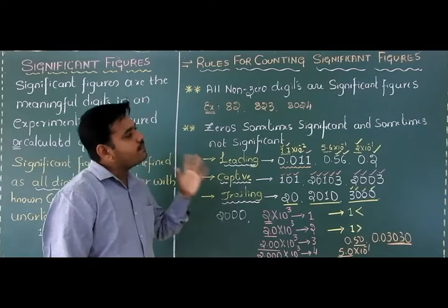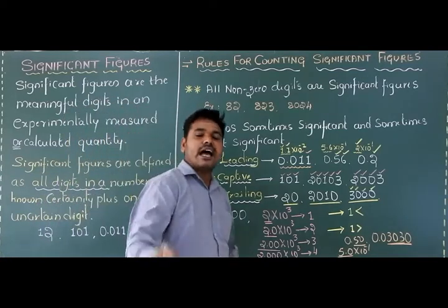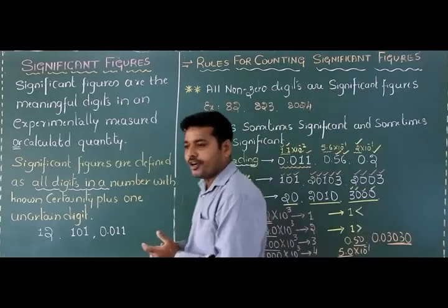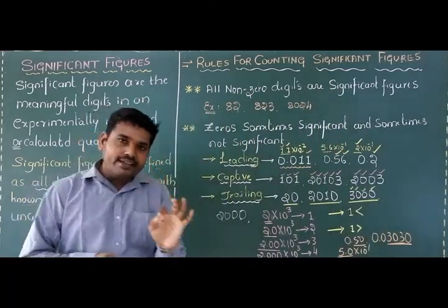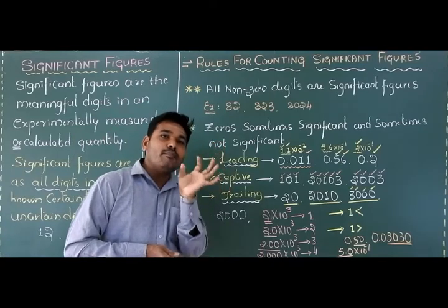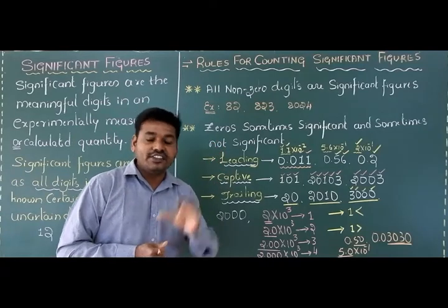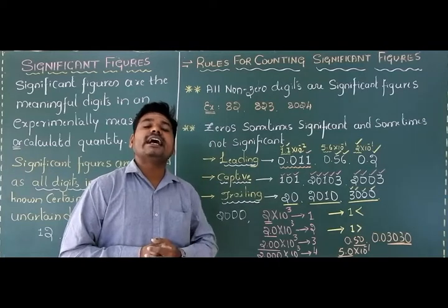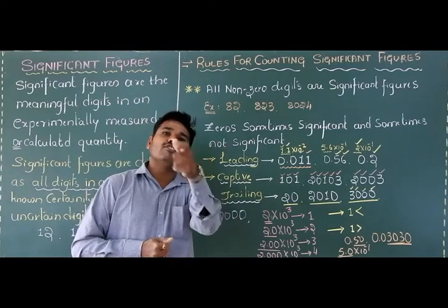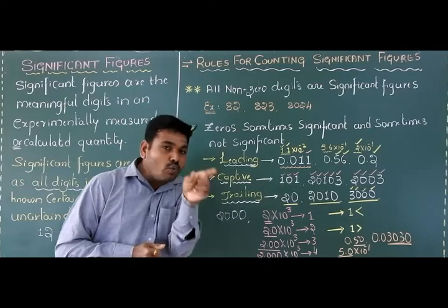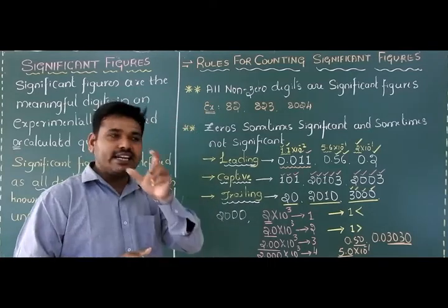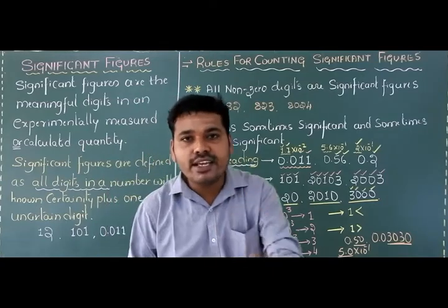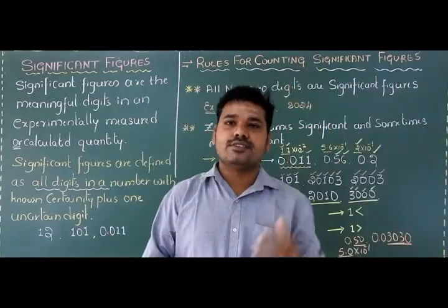So now, with the help of these significant figures and the rules for significant figures, there is one more important point while counting the number of significant figures. In this significant figure part, we use one more important term, that is rounding of significant figures, rounding of numbers. So let us discuss the next important concept, rounding of numbers.